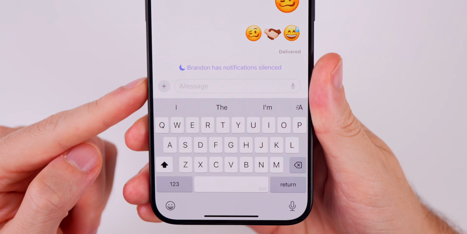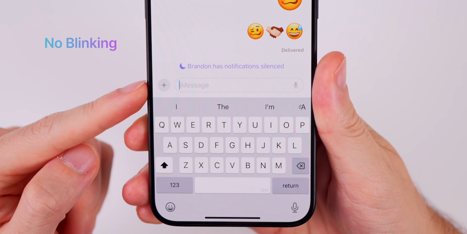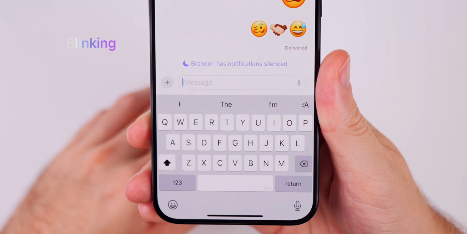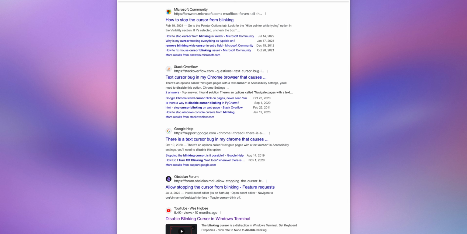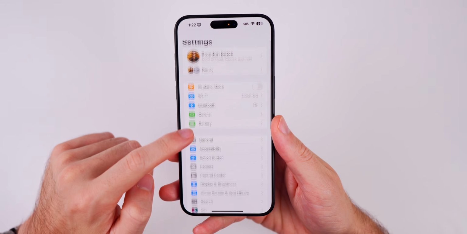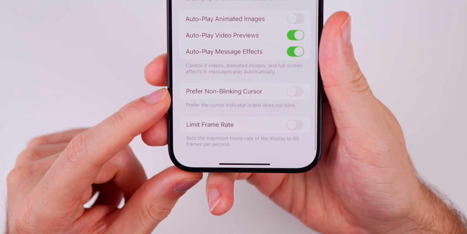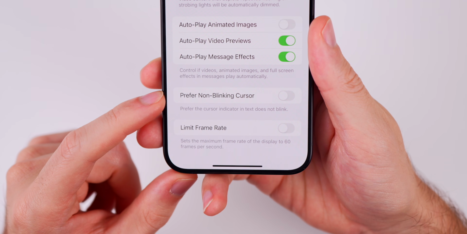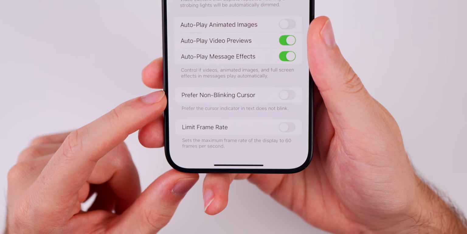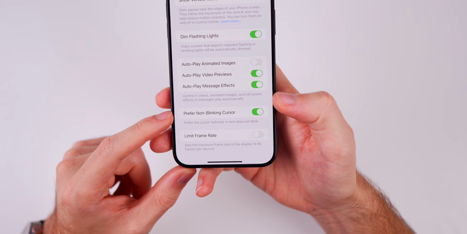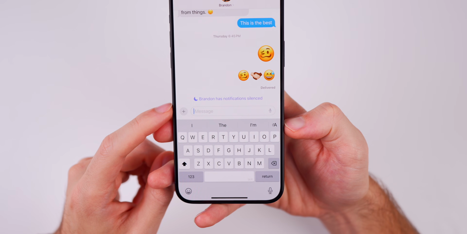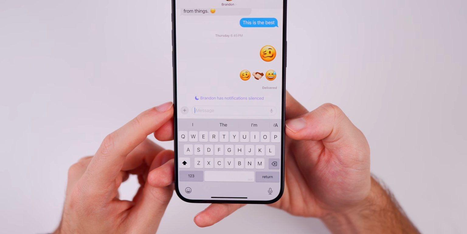So if you don't like how we have this blue blinking cursor when you're not typing, you can actually disable that now with iOS 18. I didn't realize how big of an annoyance this is to some people. If you go into your settings and go to accessibility, go to motion, and then down here we have a new toggle that you might want to turn on, which is off by default, called prefer non-blinking cursor. And when you enable that and go back, the cursor just stays solid. It does not blink